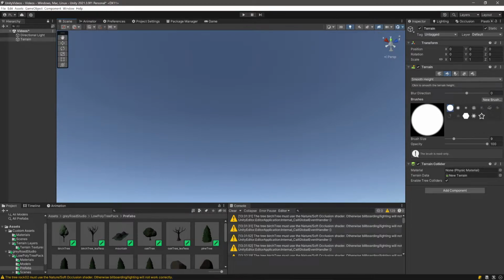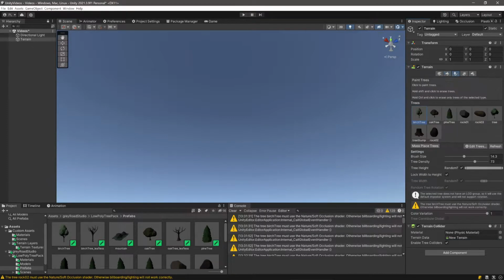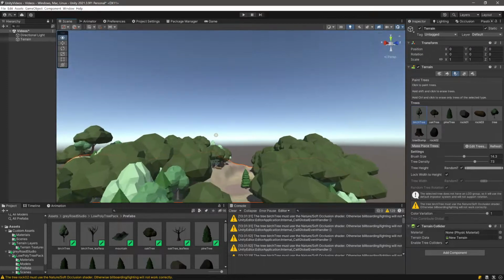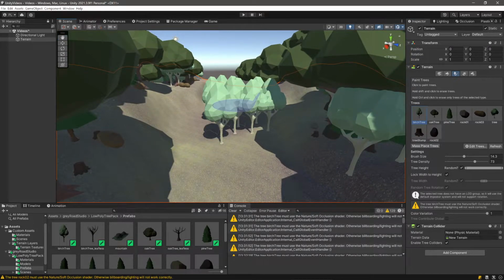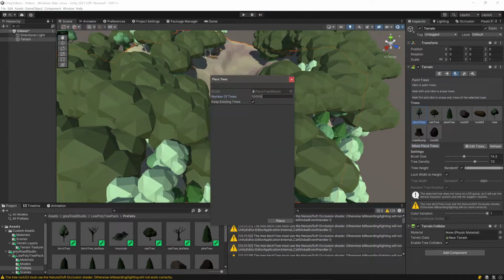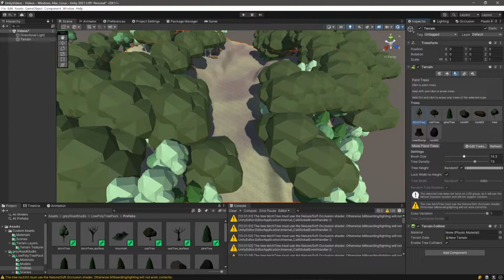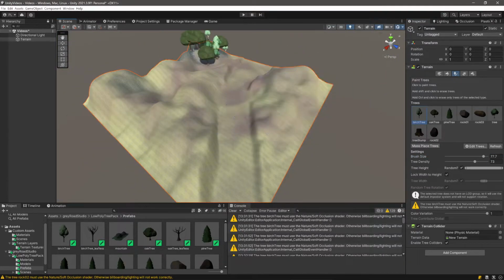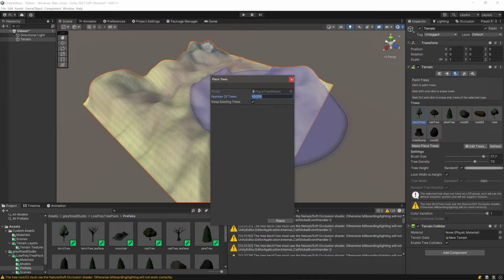So let's finish taking out some of these trees. Paint trees. And let's finish off this last tree. Nope. Then we can, it's a little dense. I think we can probably do this a little bit better now that I know where not to place the trees. We can erase. We're going to mass place